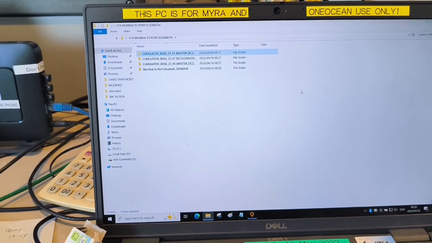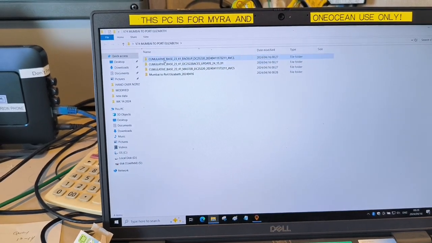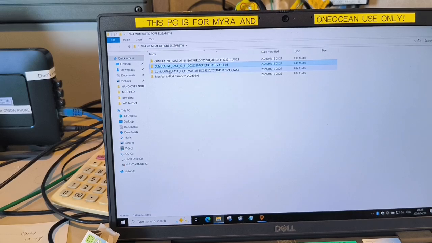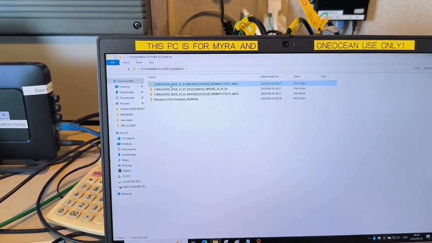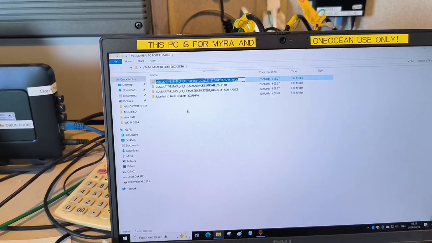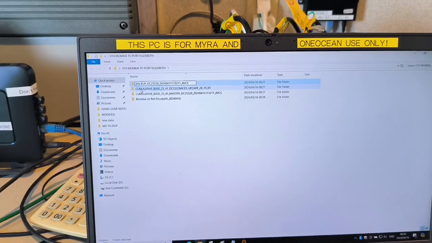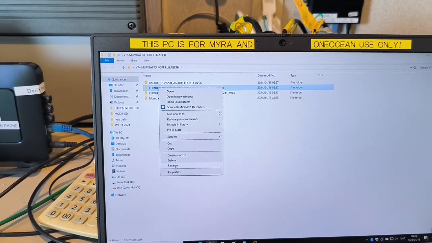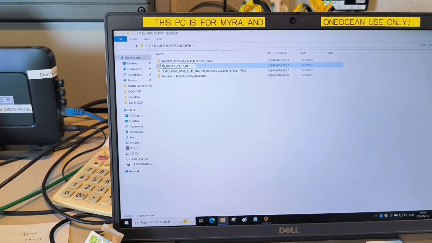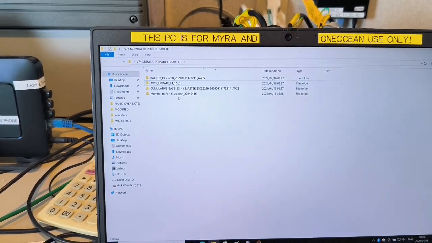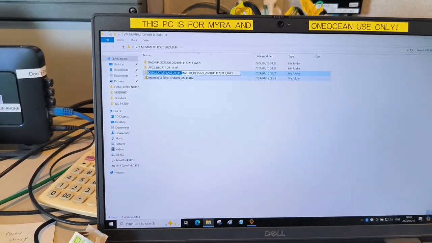rename this one so it will be easy to install in our ECDIS. By the way guys, our ECDIS is GRC 901B. So rename this for backup ECDIS. So rename this AVCS update, then rename for master ECDIS.